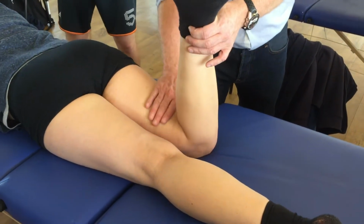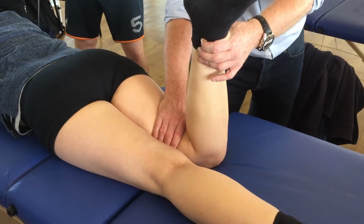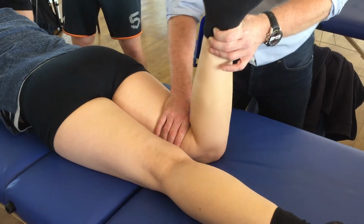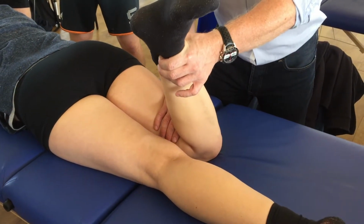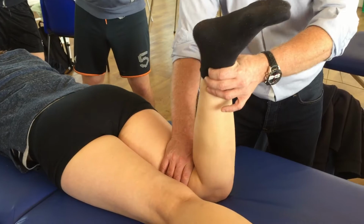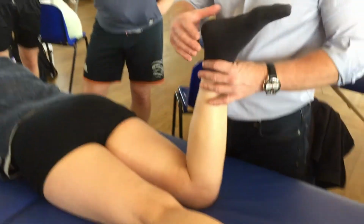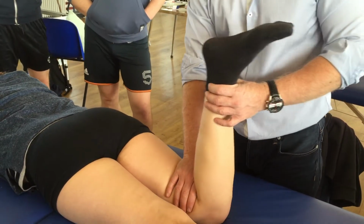So from there, if I lock down the femur, I can stress the MCL, can't I? And if I lock down the femur, I can stress the LCL there. You see that? From this position, now, I see people, when they test for meniscus, this is the Apley's